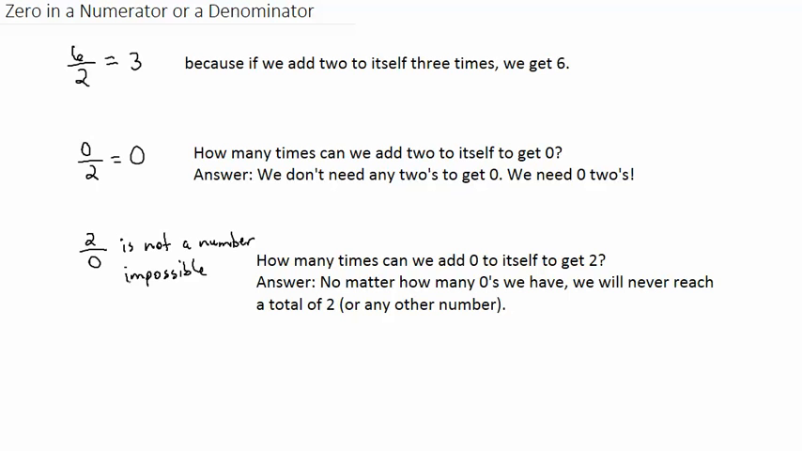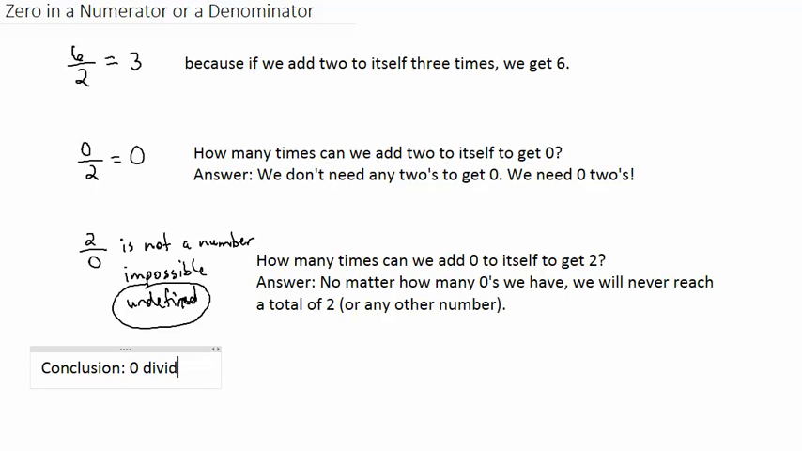And the standard math term for this is undefined, meaning there's no definition that allows us to put a value on this, okay? So the conclusion is, and hopefully it makes sense now,